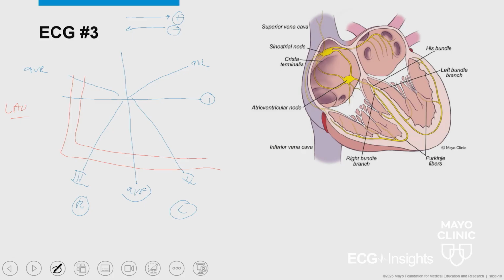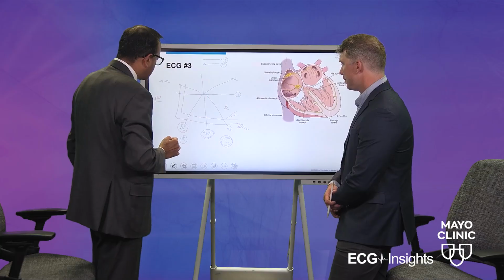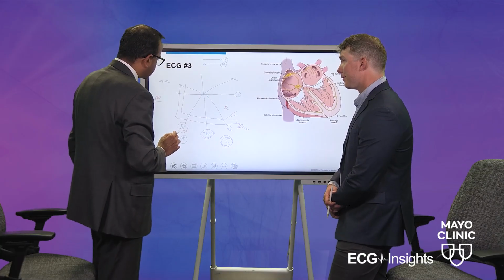So again, if you just imagine this is the right coronary artery. The interesting part about the right coronary artery is it starts on the right side, so you get some contribution from lead 3. It goes in the middle, some contribution from AVF. And it also goes to the left side, so some contribution from lead 2, and then it divides into 2 different branches, the posterolateral branch and the posterior descending artery. Now, if you think about that, it's important to know you can predict where the MI is based on where the ST segment is maximally elevated.